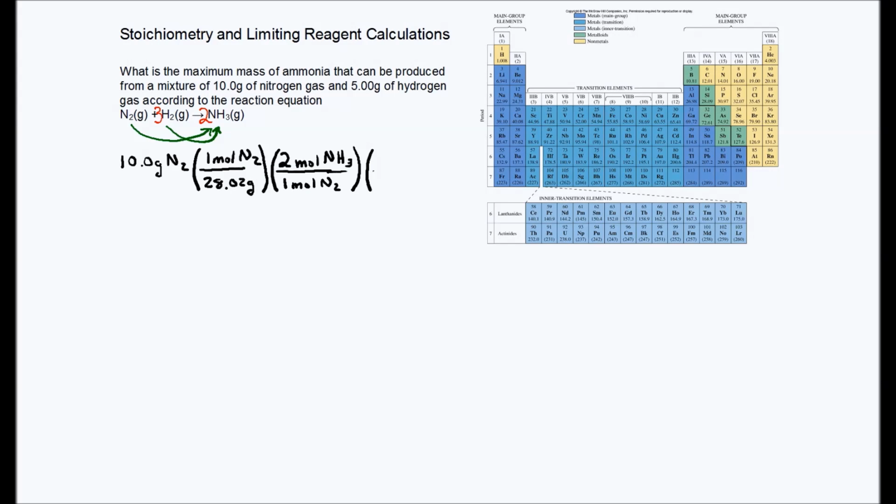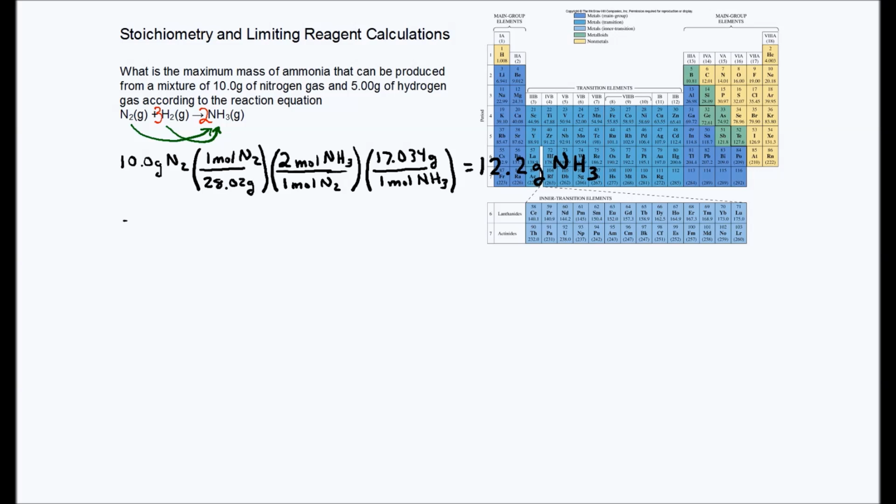And now I can convert. 1 mole of NH3 is its molar mass, which I can figure out. I have 1 nitrogen, 14.01. I have 3 hydrogens, so plus 3 times 1.008. And I get a molar mass for the ammonia of 17.034 grams. So now I can do this math. 10 times 1 divided by 28.02 times 2 divided by 1 times 17.034 divided by 1 gives me 12.2 grams of